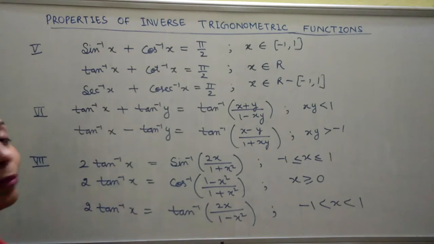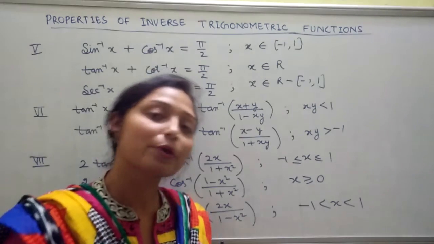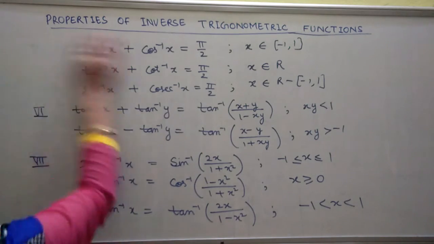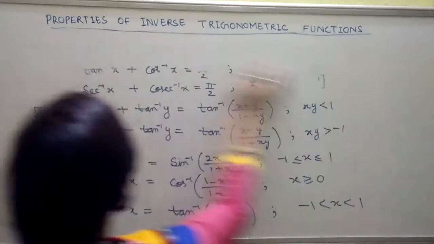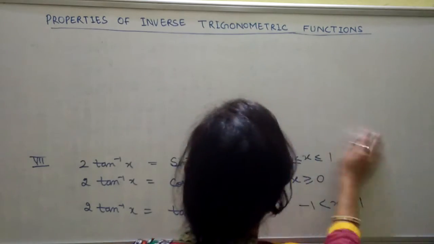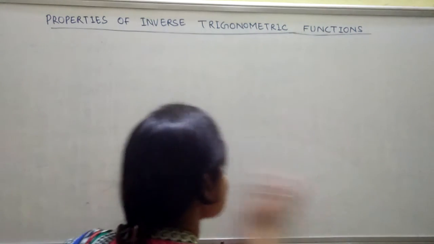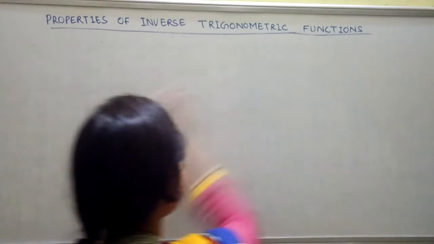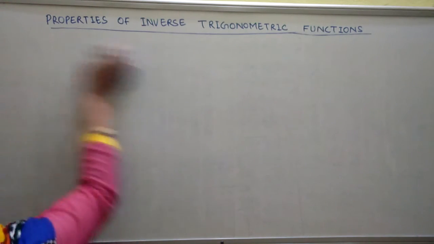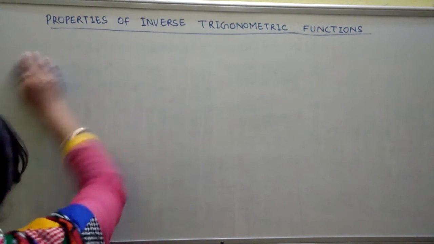So these are the 7 properties. On the basis of these properties we have some questions. Okay, come to those questions. First, questions according to the properties. There are so many questions in the exercises, one in the miscellaneous exercise, and questions based on the formulas are in the second exercise, which is based on the properties only. Okay, now come to the question.